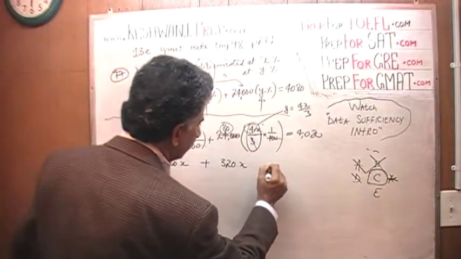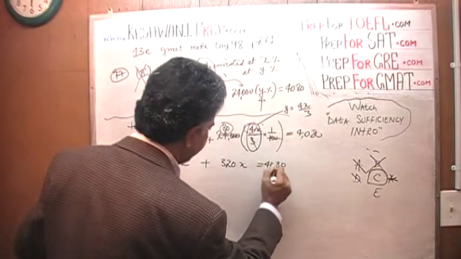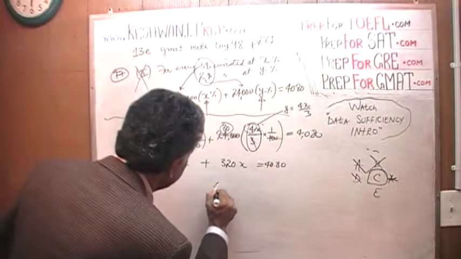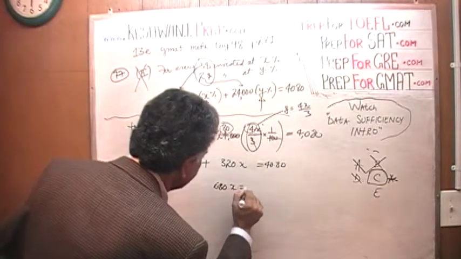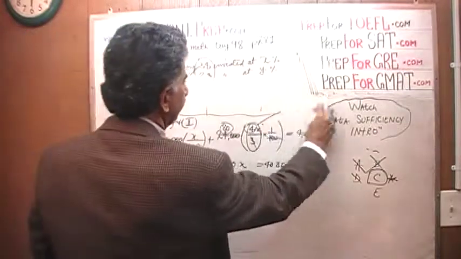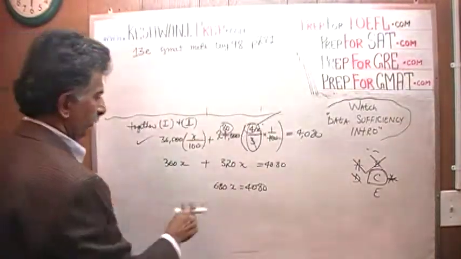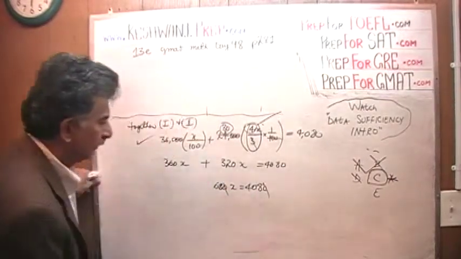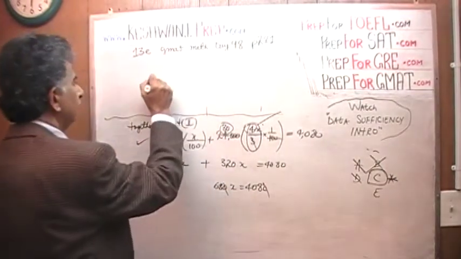X equals 4080. Let's see what happens. 300 plus 300 is 600. 680. 680x equals 4080. Let's do it on the top here. So we're going to divide both sides by 10. So 0 drops out. So we end up with x equals